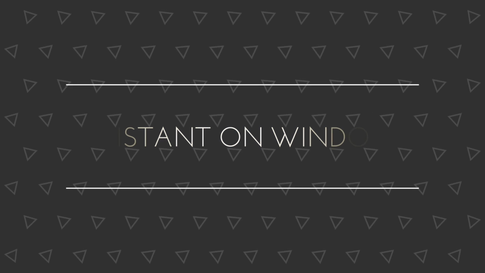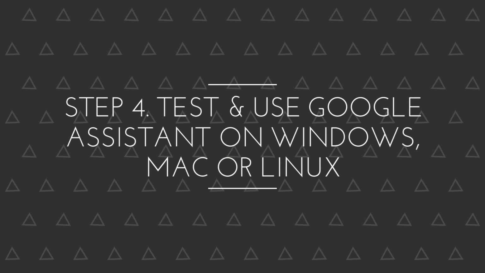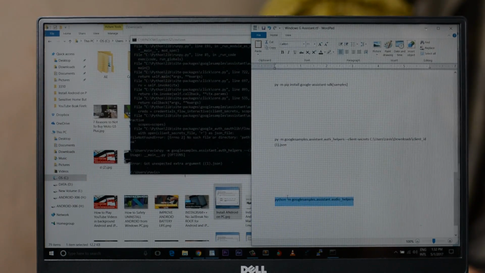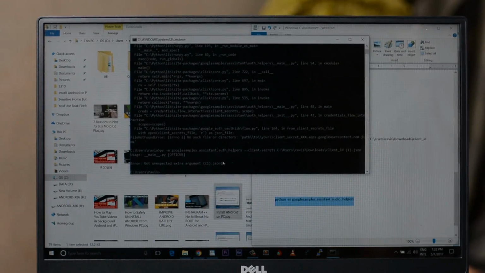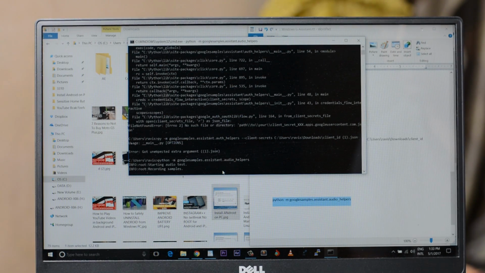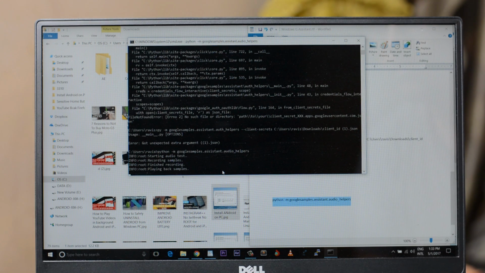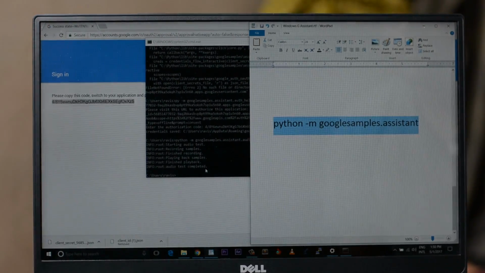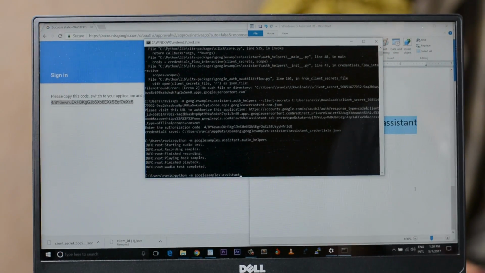Now to test if Google Assistant is working on your system or not, type the following commands in the command line. This will record a 5-second audio and play it back to you, and if it does, this means Google Assistant has been successfully installed on our system. This command is given in the description, so copy and paste it. If it plays back, you can enter this command to start talking to Google Assistant.